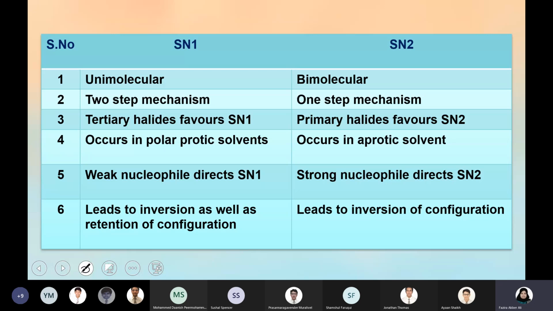Because it's a strong nucleophile, the reaction occurs in one step. Strong nucleophile means the nucleophile can initiate a reaction, so it will attack the carbon from the rear side. That is SN2. If a nucleophile is weak, then a carbocation should already be forming. The carbocation already has a strong positive charge, so even a weak nucleophile can attack the carbon. Here only a strong nucleophile can attack before the start of the reaction. So that is SN2, bimolecular.